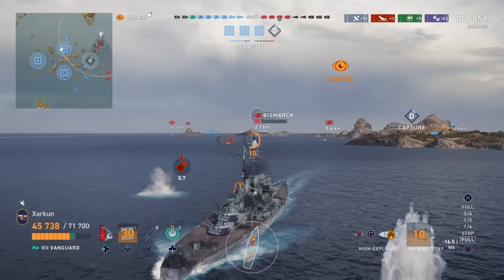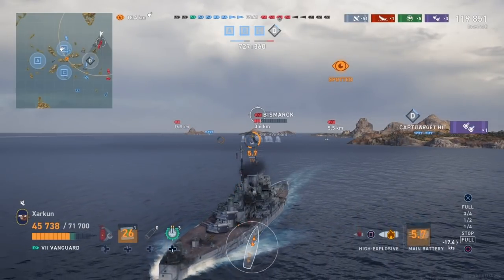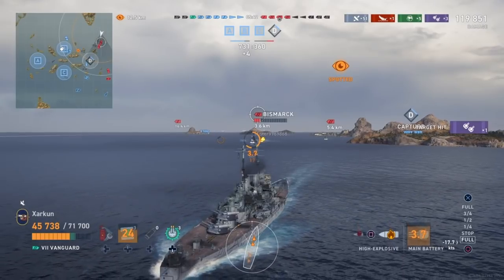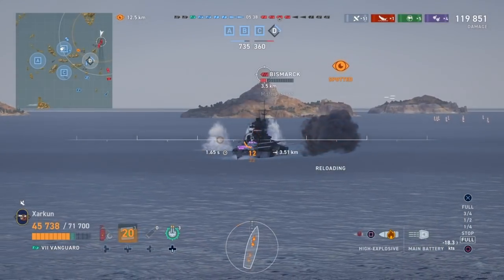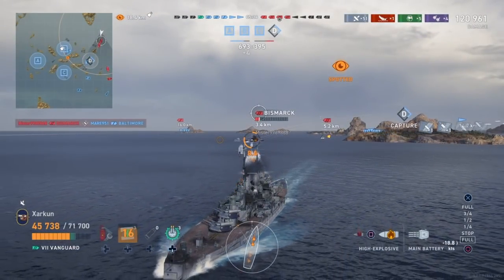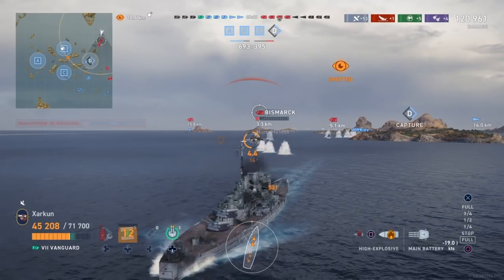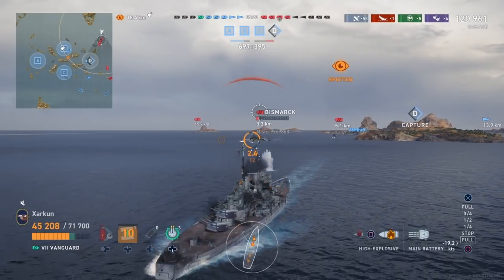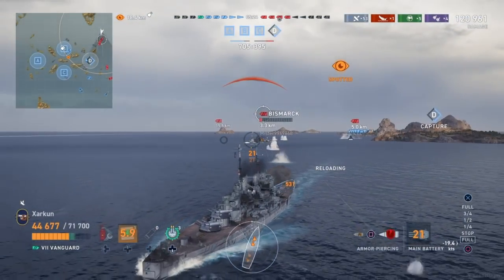which is what's happening here. This Bismarck and King George are both caught in a crossfire between me and at least a cruiser who's spamming high explosive at the Bismarck, potentially a battleship soon enough. We're switching to the high explosive, which is great on the Vanguard, aiming at the Bismarck superstructure, since we can get the most damage there. Ideally, we'll start a fire, be able to burn him down,